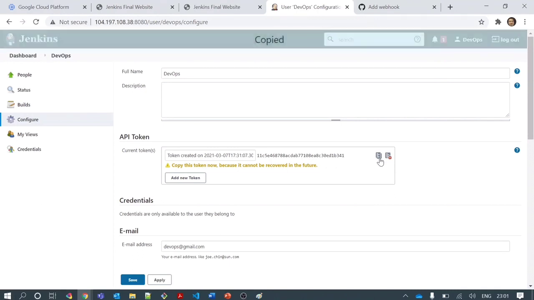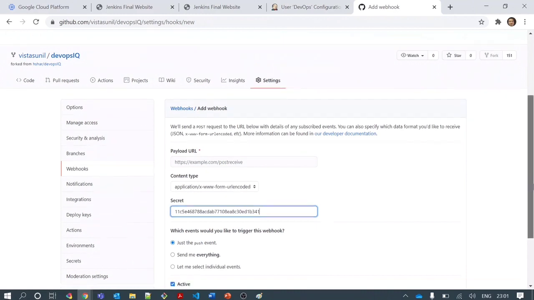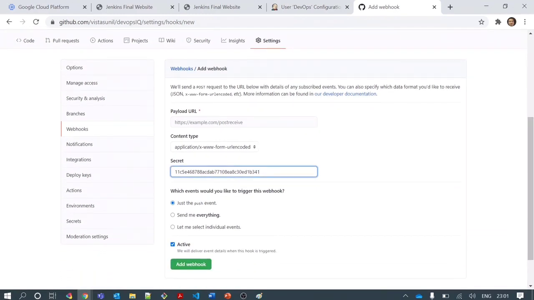and this token I can copy and place on the GitHub repo's webhook. Using this, it will now be able to authenticate and connect to my Jenkins. So I can define the action when I want to trigger this webhook. I can select everything, like commit, push, whatever I want, to trigger this job webhook, or if I want just the push operation I can just check this and click on active. Later I can deactivate this webhook also if not in need, and then click on add webhook.